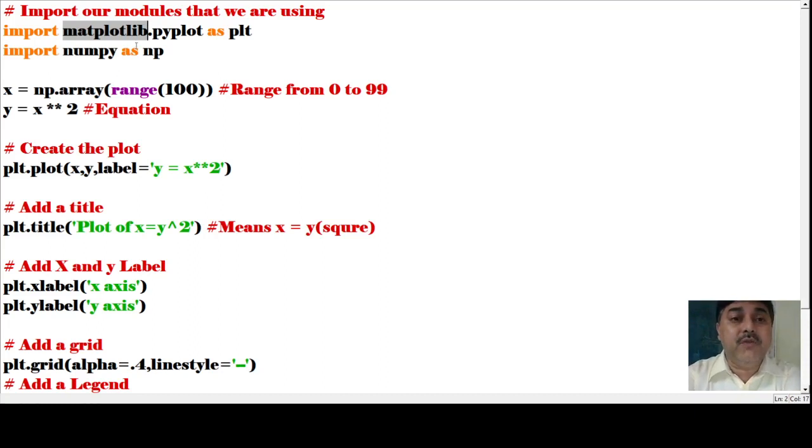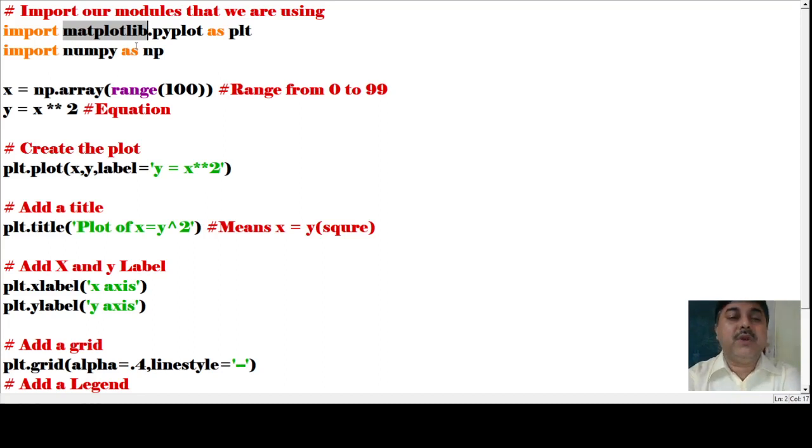That means under matplotlib we are calling pyplot, and we are making this form as plt. Then next we have said import numpy as np, that means numpy has been called here as np.